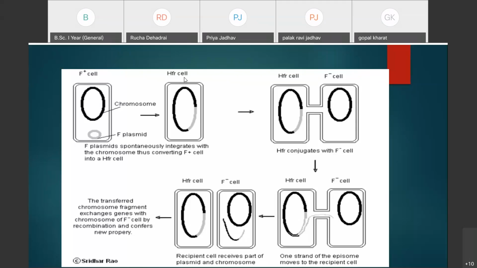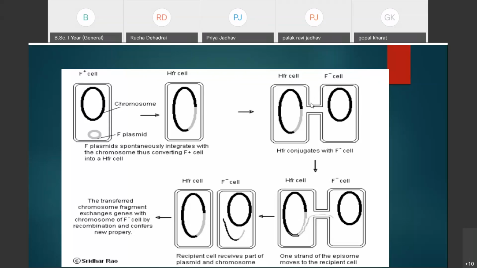The HFR cell means what? Due to the integration of the plasmid into the bacterial cell, this bacterial cell is referred to as the high frequency recombinant cell. Okay, then the high frequency recombinant cell will come in close contact with the F negative cell